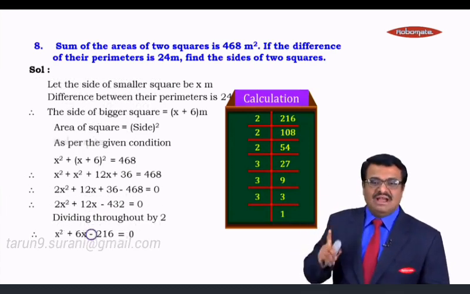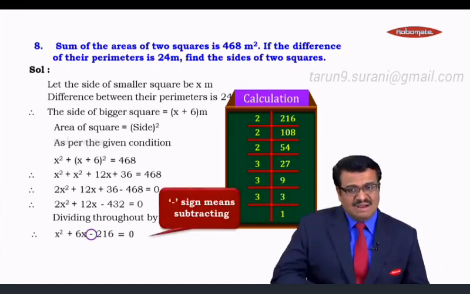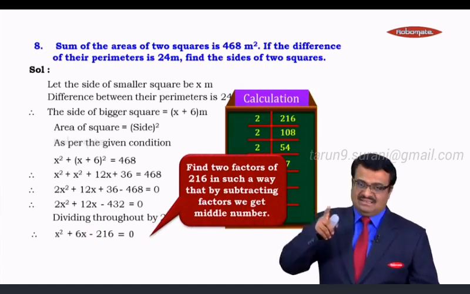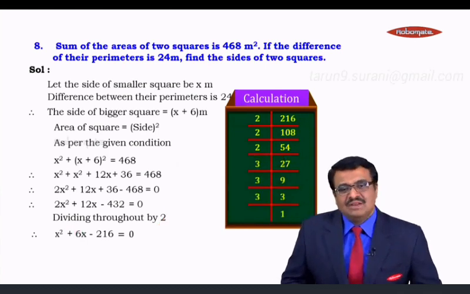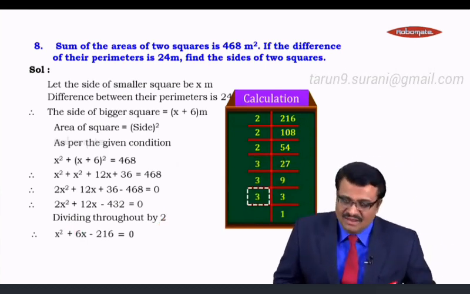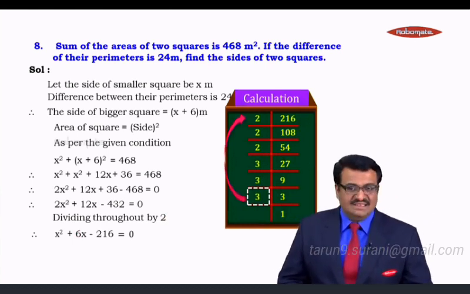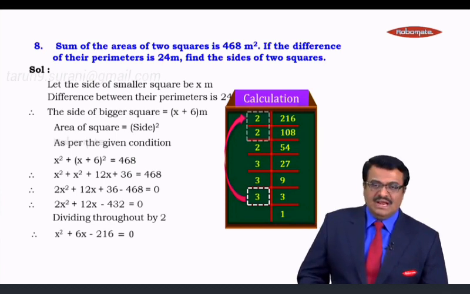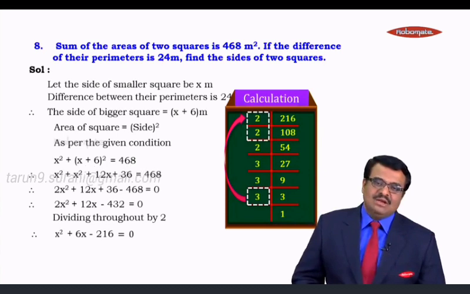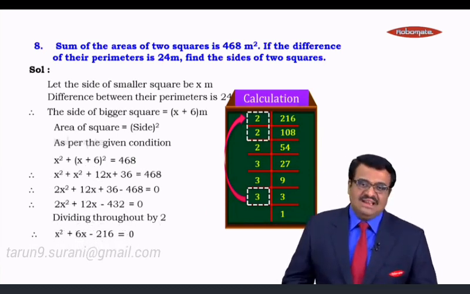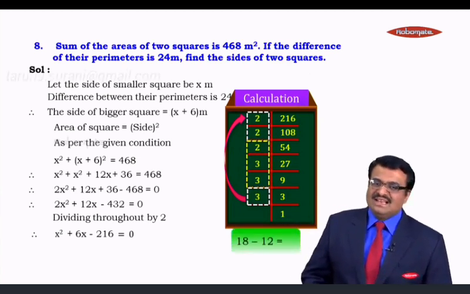Last sign is minus. Minus means subtracting the factors, we should get that middle number which is 6. By subtracting the 2 factors of 216, we should get the middle number which is 6, right. Now, the biggest number we have in the factors is 3, and we know how to group with this 3. Now let us start grouping. Here in this case, 3, and we'll have to take 2 2's. 3 into 2 2's are 4, 4 3's are 12, and the remaining numbers if you multiply you will get 18. 18 12's are 216. 18 and 12, when you subtract, you will get that 6 as required.